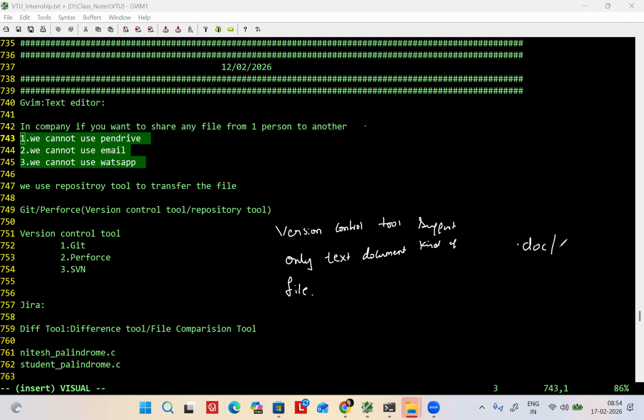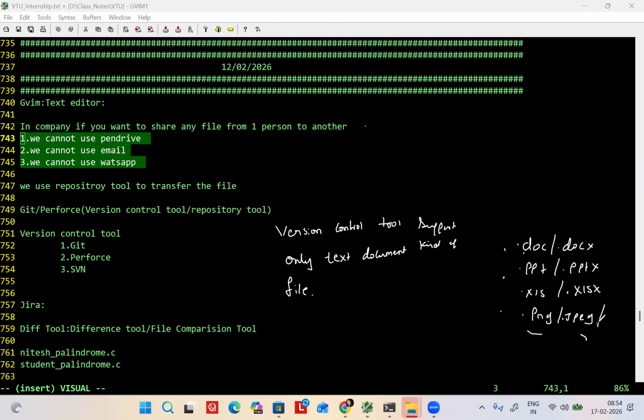Doc, then what is this? Microsoft Word, Microsoft PowerPoint, Microsoft Excel, or PNG, JPEG. They are all which kind of file?